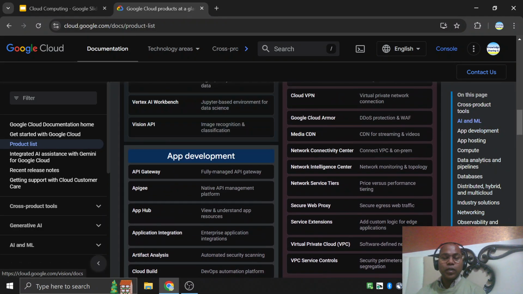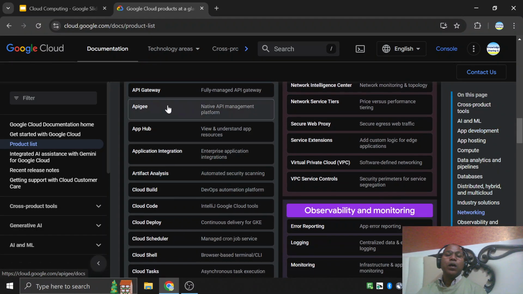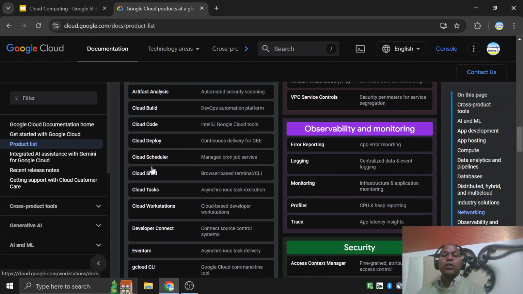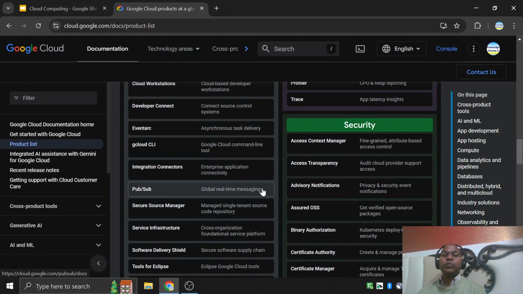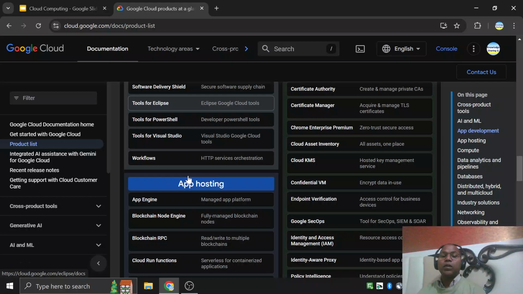lots of application development services are available, like API Gateway, Apigee, Cloud Build, Cloud Code, Cloud Deploy, and Cloud Shell. You should be aware of Pub/Sub for event-driven architecture, Integration Connectors, and Service Mesh. Somewhere you're not building, you just want to host your application.